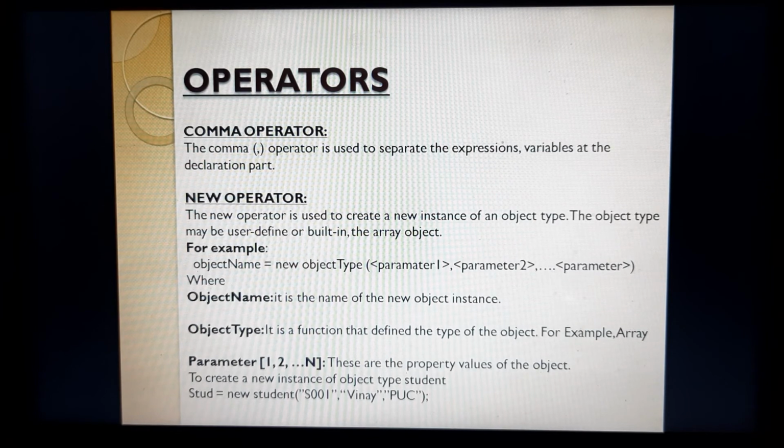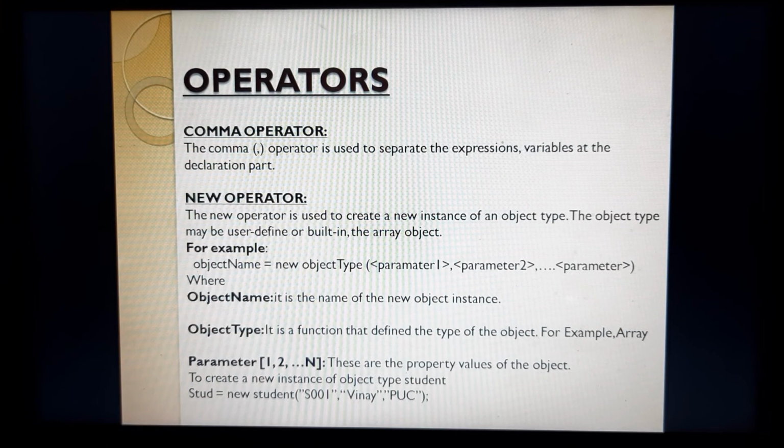And also we use the new operator. New is actually a keyword, but it is considered an operator because the new operator creates a new instance of an object type. The object may be user defined, built-in, or an array object, so therefore it is called an operator.